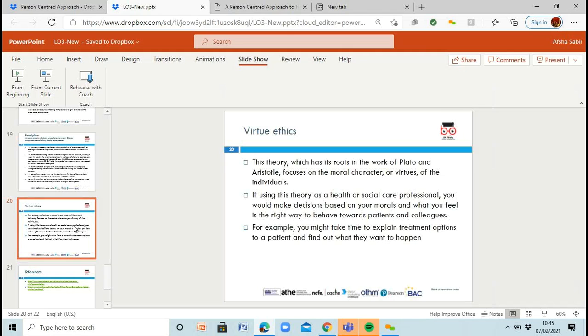Now, this was a theory that has been rooted from Plato and Aristotle. So what they do is they focus on the moral character, the virtue of the individual. So if we use this in accordance to health and social care, you're going to make your decision based on your own morals and what you feel is correct. So it's all about you, this one. So this is how you feel towards a particular patient, what your own morals are, what your own virtues are, what your own principles are, and that's how you're going to inform your decision